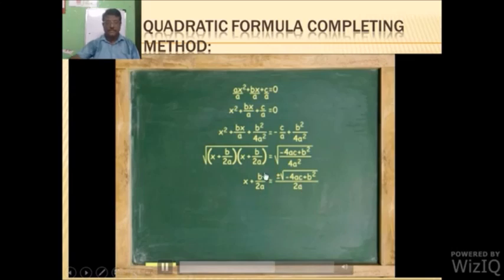Now we can group the terms: x equal to, bring b upon 2a to that side, so you get the value of x. That's the final answer. That is the formula for quadratic equations using completing square method. So we get x equal to minus b upon 2a, that is, adding minus b upon 2a on both sides. So we can take the LCM, x equal to (minus b plus or minus root b square minus 4ac) upon 2a, which is the formula for finding the value of x of a quadratic equation. Thank you. That's all.